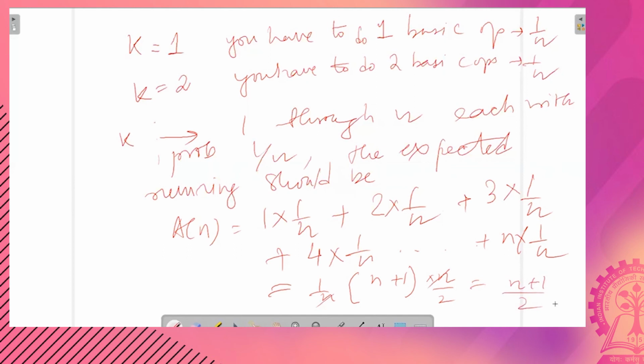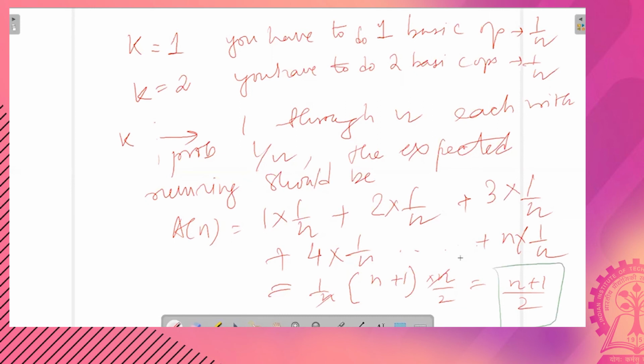So therefore, if n is the size of the array and if the search term is present in the array, then the expected number of comparisons that you have to do is (n plus 1) by 2, that is roughly half.